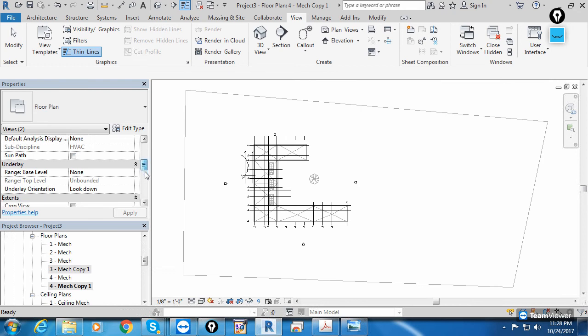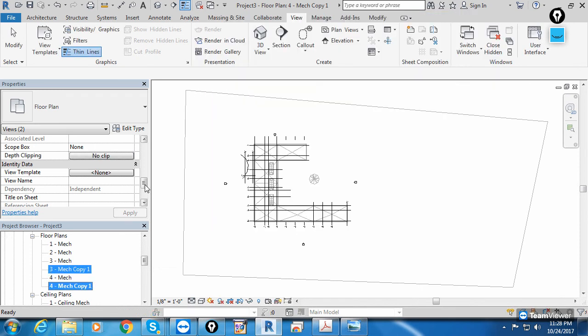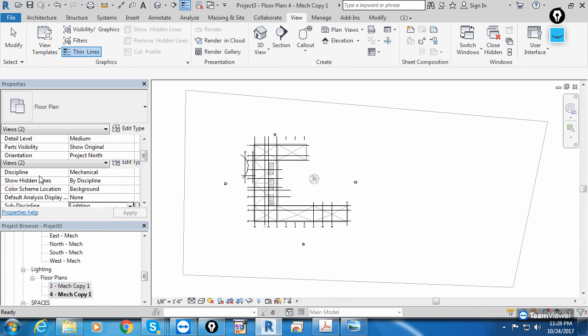You see, sub discipline is not active. Why? Because of the template. So remove the template first, then sub discipline I'll change to lighting, and apply. And when you scroll up under lighting, one minute, so lighting is created in a new category. So what I'll do again, this discipline I'll change to electrical, because I still have this in mechanical.